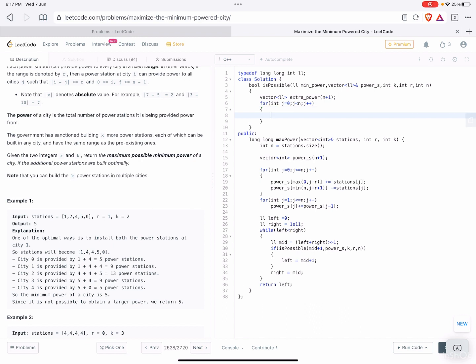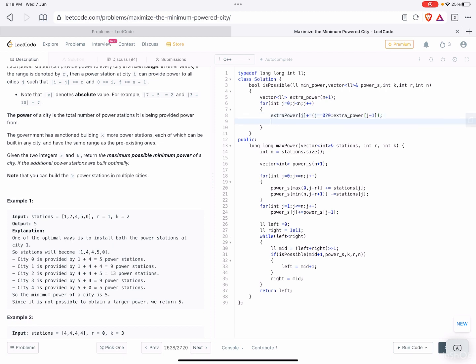First let's write this extra power. We can use a similar logic here also. Instead of doing r into n, we could just do O of n by using similar things. If j equal to 0, then it will be 0, and otherwise it will be extra power of j minus 1.